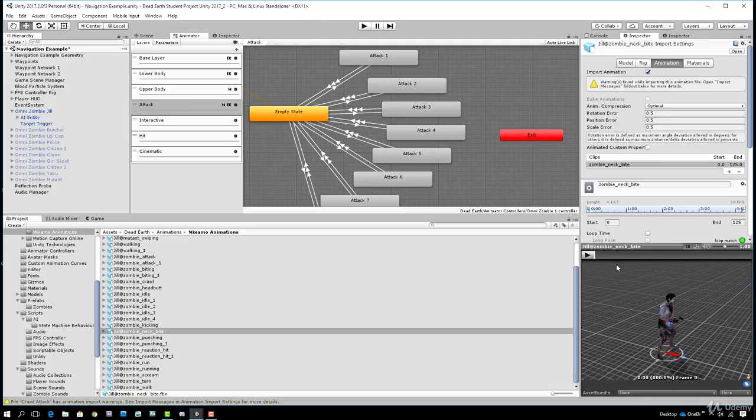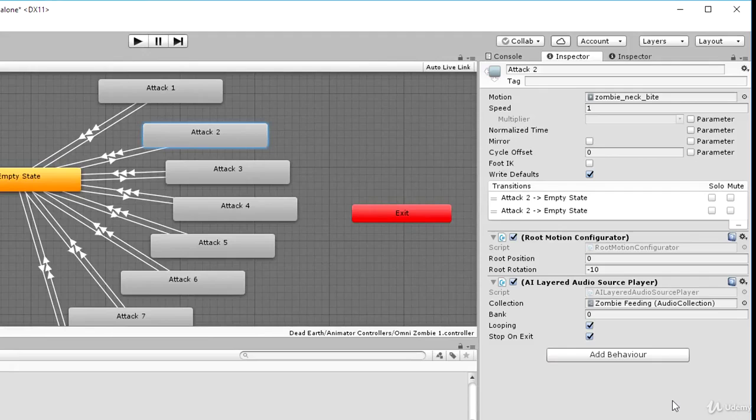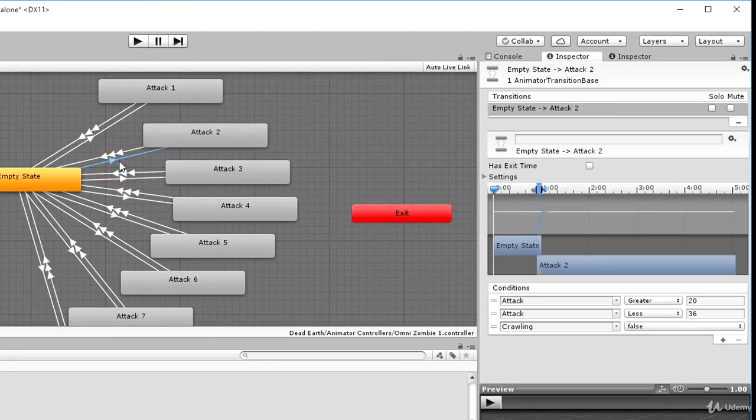And I think it's better doing it that way than doing it using an audio collection player where we have to put curves in the animation. Yeah, so I suppose really we should test that works, shouldn't we, and see what it looks like. So I think what I will do is what I've done in the past. I will make the chance of attack 2 very likely by saying if the attack is greater than 20